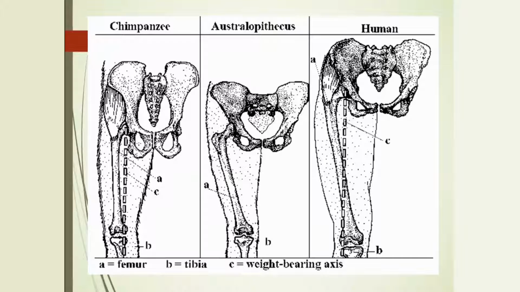If you look in the middle, you will see a hip of an Australopithecus. And if you compare it to a chimpanzee and a human, you'll notice that it sort of has an in-between shape. It's not necessarily tall and flat, but it's not necessarily a round and broad iliac crest either. So we're going to talk about Australopithecines later in the semester, but just to kind of introduce you now so you can see a comparison of the hip.